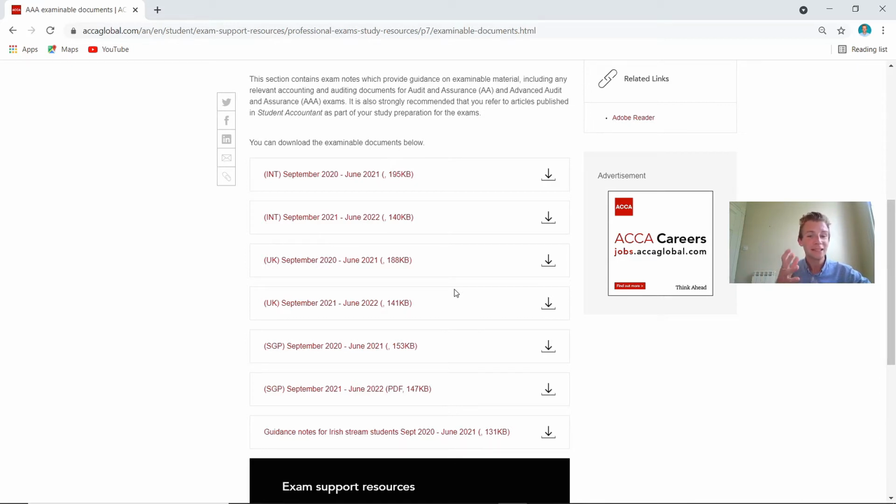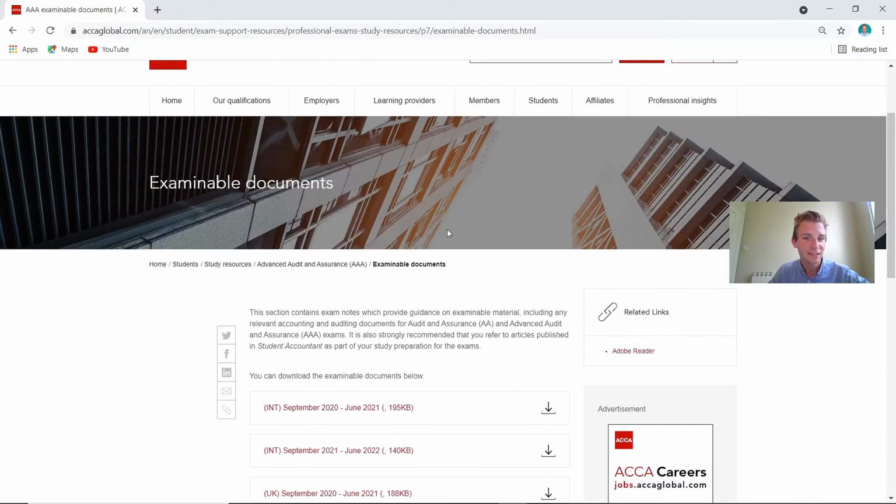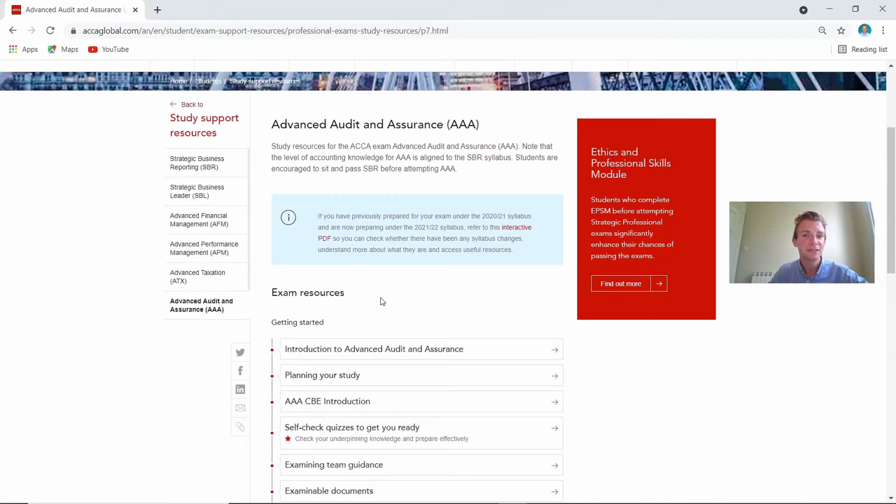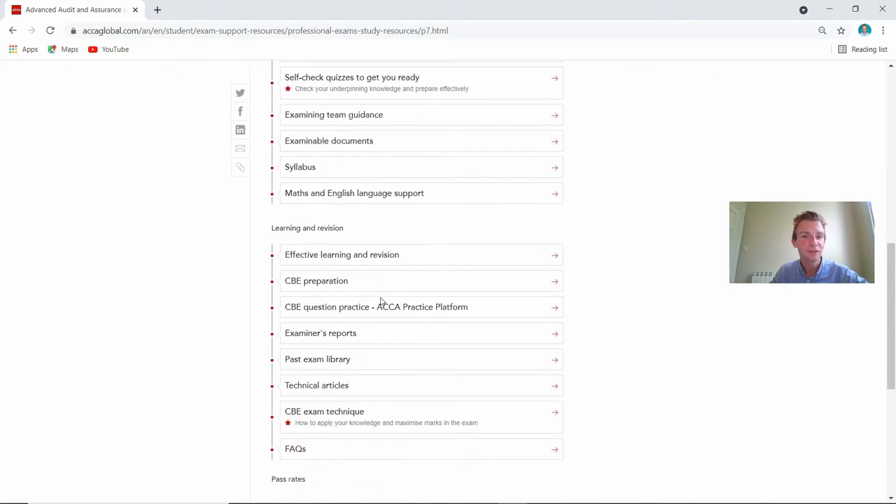So the only reason I could think you would pick the UK one over the international one is if it's specific to your employer and your role. 99% of people tend to do the international paper, or of course you may be from Singapore and have to do the Singapore paper. So just check with your employer and the people you may be studying with, but 9 times out of 10 it's going to be your employer, and someone at your organisation will give you some guidance on there. But I sat the international paper, so it's completely up to you. I just worked in a normal small practice doing accounts preparation and taxation when I was studying, and it was a more flexible option, depending on whether I wanted to go and work overseas around the world.